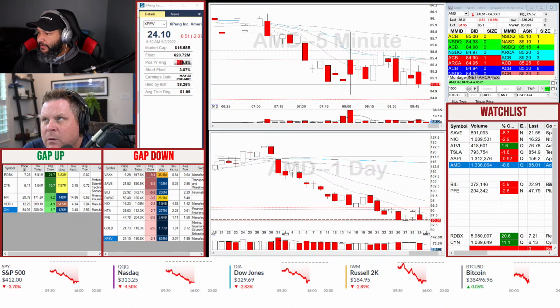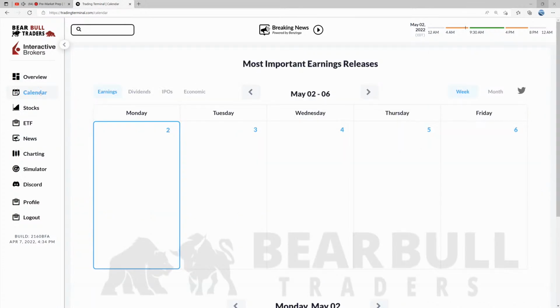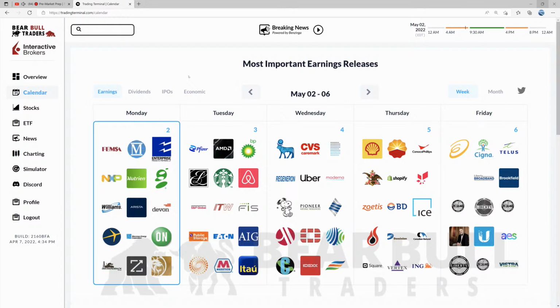Guys, you can always take a look over at tradingterminal.com. It gives you access to a bunch of stuff. You can come down to the calendar, which has earnings. Let's see, we've got a couple of things coming up. Jared went through some of this earlier today. I think Expedia, right? This will be interesting. Expedia and a couple of travel companies, we want to see how they're doing.